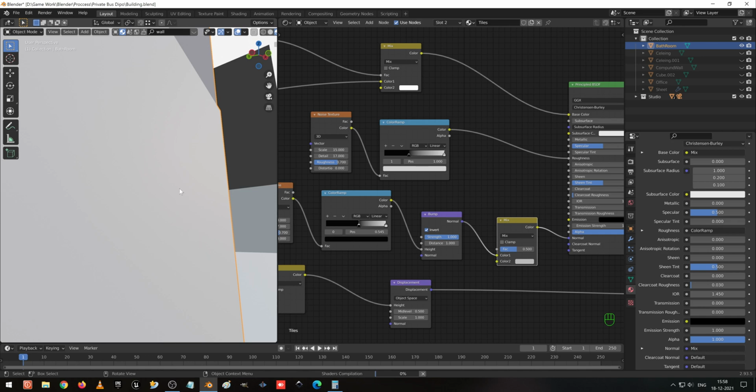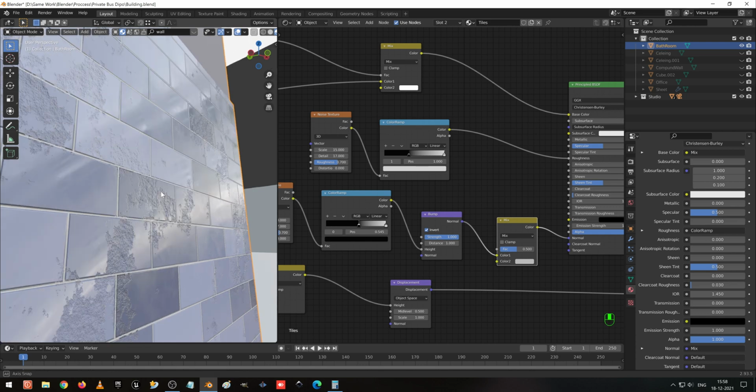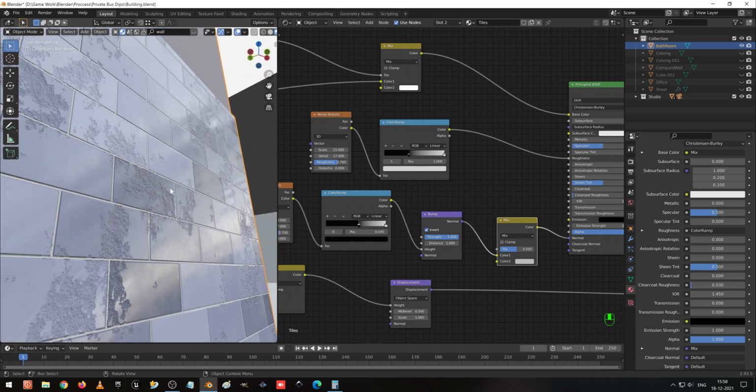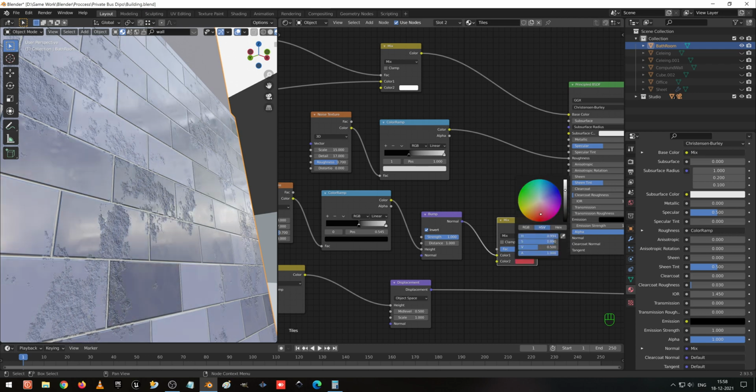Wait, let's see what happens. Okay, it applies white. I make it red. Let me see what comes. Now it changes.